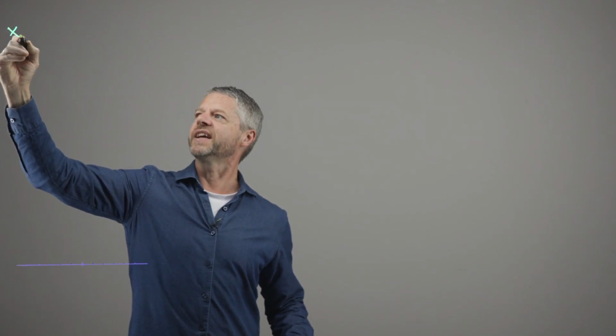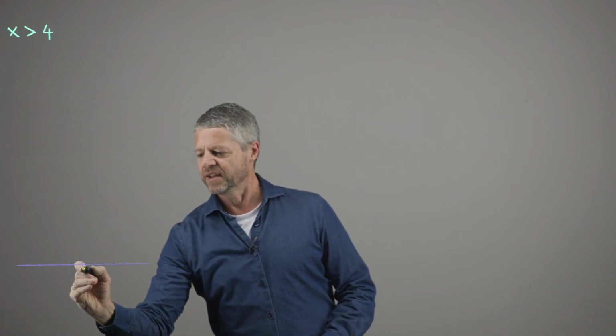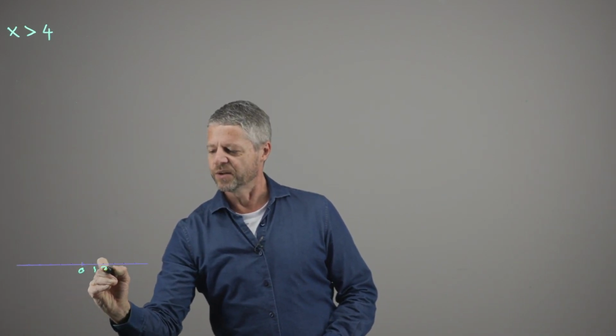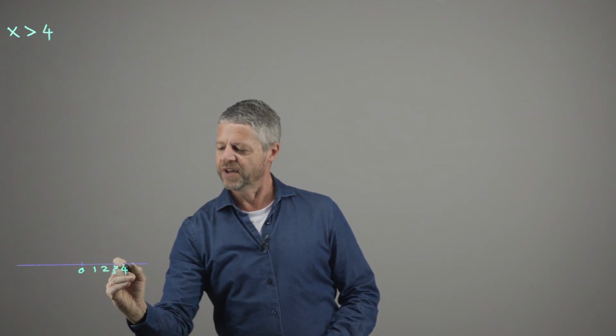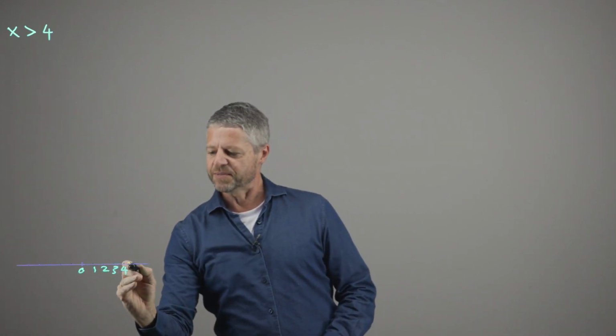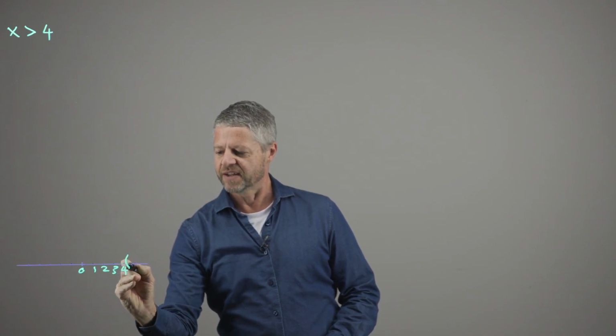Hello and welcome to video number 19 in this series, and in this video I'll review inequalities starting with linear inequalities. So in an earlier video we talked about representing inequalities such as x greater than 4 as representing all real numbers that are greater than the number 4. And we could think of this on a number line. If we have 0 on our number line here, and then 1, 2, 3, 4, then this inequality represents everything